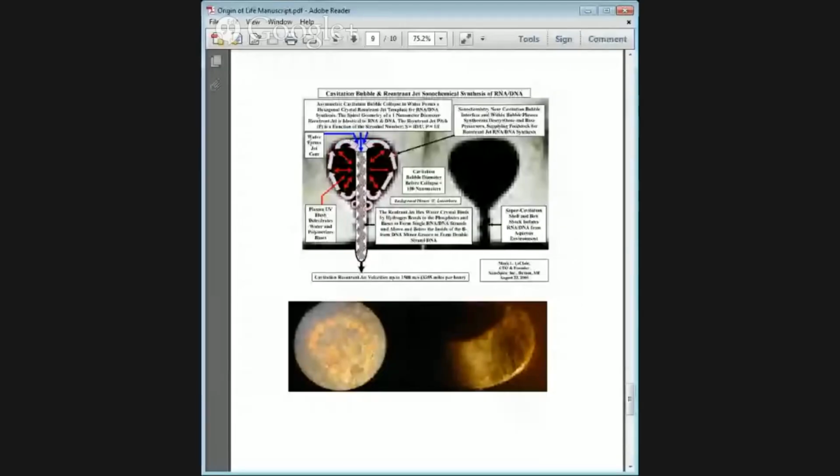Okay, so what we've got is I'm superimposing an image of a cavitation bubble. This is what I've drawn on the inside to show you the dynamics. So the bubble is turning itself inside out. The jet is coming down through the core of the bubble, striking the nearby surface. What's happening is it's forming a spiral template, because jets, as they move, like to go into this spiral motion. It's an instability that we call the Kelvin-Helmholtz instability, but it's a natural action for these things to want to